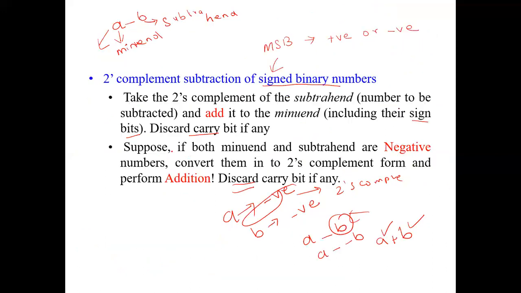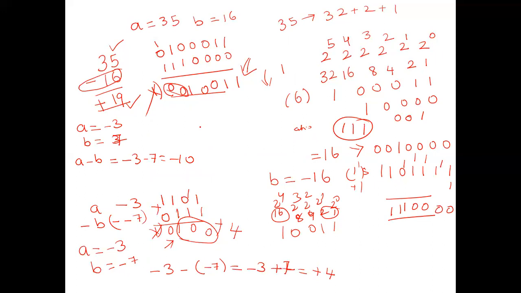So this falls under the second rule. Here it is minus, so how will I rewrite it? A minus B as A plus of minus B. Actually my B is 7, A is minus 3. So minus 3 plus of minus 7. So I write it as minus 3 minus 7. Take the 2's complement. You know 3 will be represented as 0 1 1. 7 will be represented as 1 1 1, but I will include the sign bit.